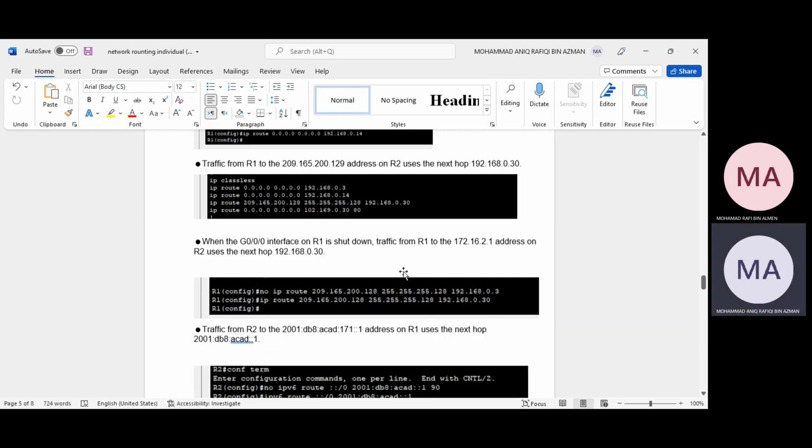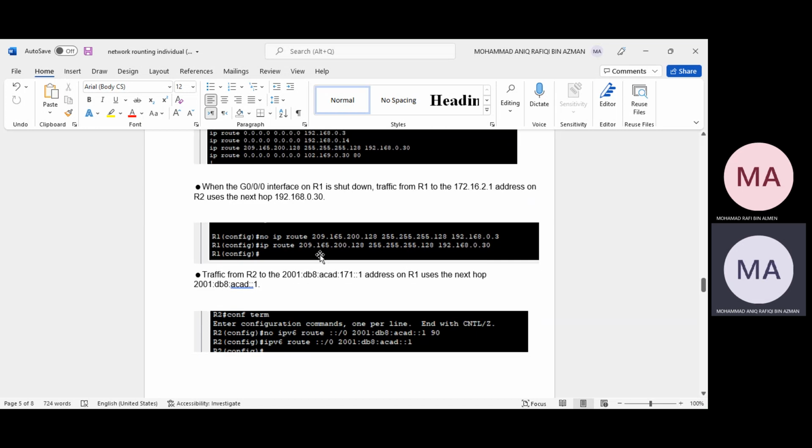The next question is when the G0/0/0 interface on R1 is shut down, traffic from R1 to the 172.16.2.1 address on R2 uses the next hop.